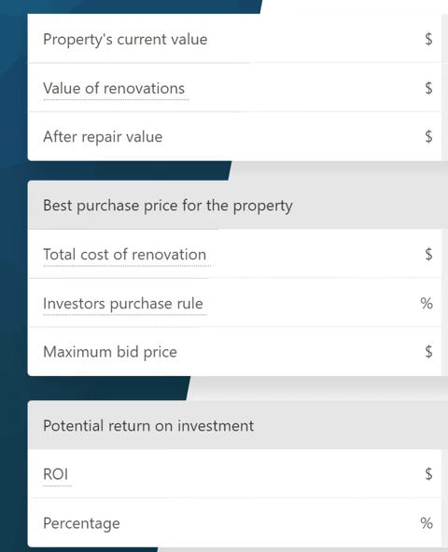I'm a teacher by profession, but I'm also a real estate agent here in the city of Houston, Texas. And today I want to talk to you about the ARV calculator. ARV stands for After Repair Value. Okay, I found this calculator on omnicalculator.com. And the reason why I want to show you how to use this calculator is because